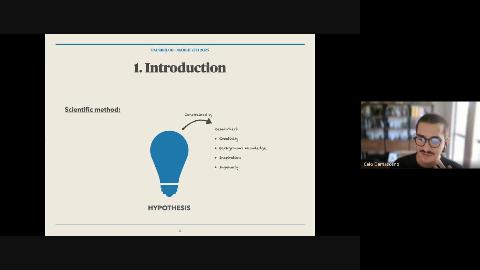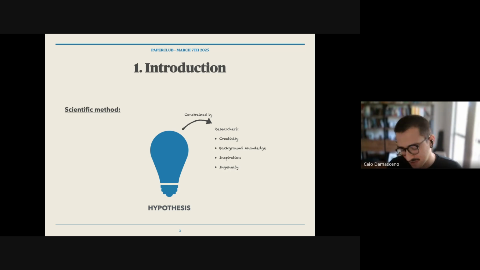Maybe they don't have enough inspiration. There are some scientists that brought some hypotheses that they thought about in dreams. So that's something that might help when trying to create a hypothesis. And also concerned by ingenuity, because maybe we were not able to see some connections between different stuff.